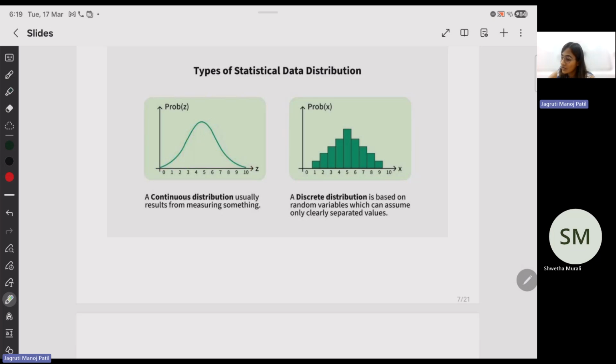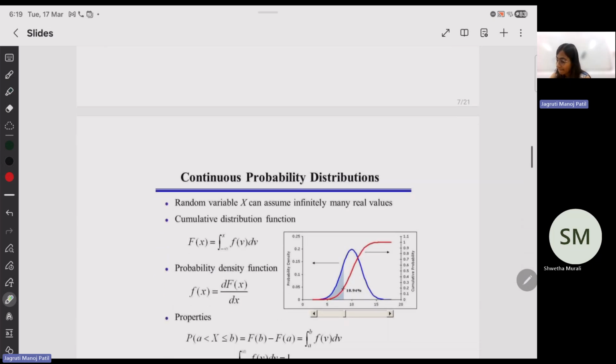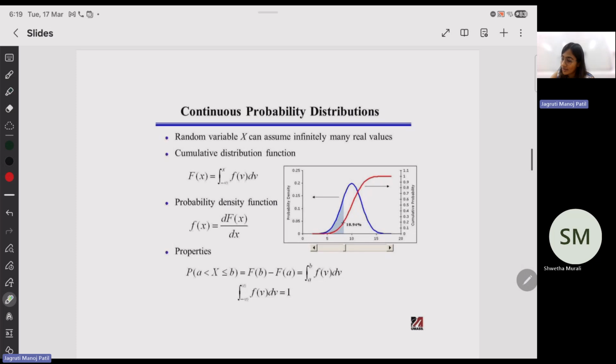Whereas in this case, you won't have a value defined at 1.5. You won't have a value defined at 0.5. The value is only defined at 1, and that is nothing but the frequency for this one. So how much is the probability when my X is 1? Like that. Following it, here we were only reading about continuous probability distributions because